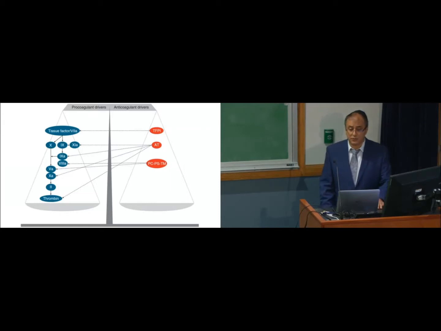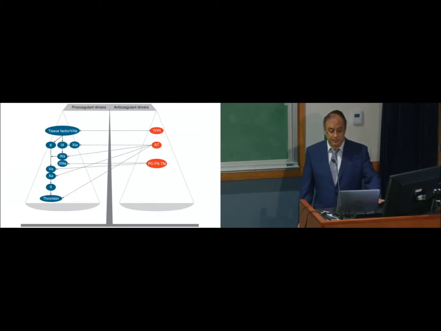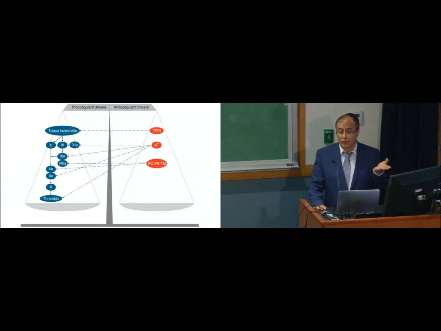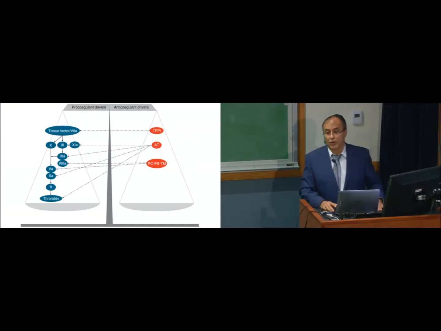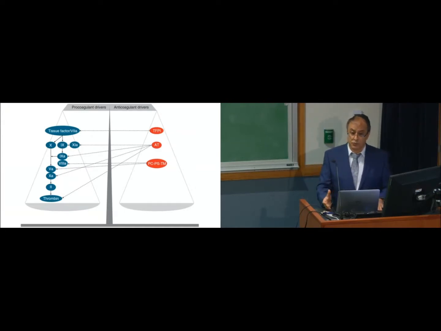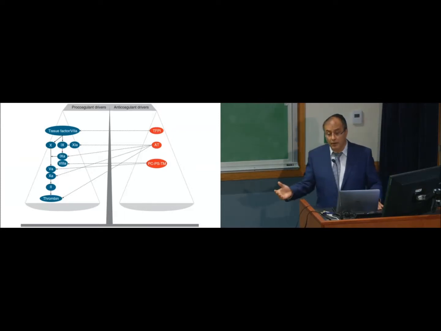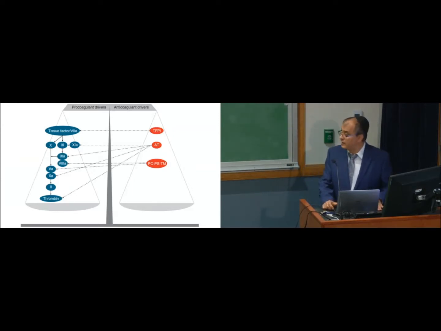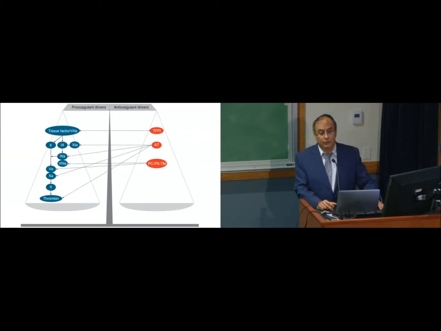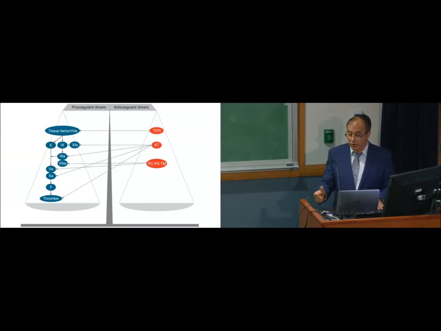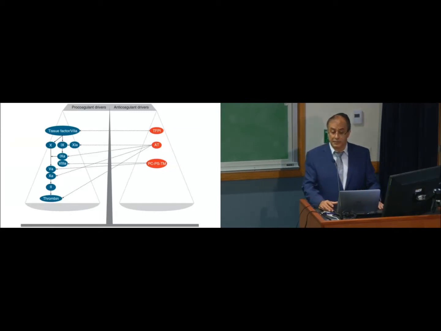To understand that, we need to look very carefully, and this is a pivotal point in this presentation, at the balance of pro- and anticoagulants. Excess of procoagulants would lead to hypercoagulability. Decrease in anticoagulant opposing forces would also lead to hypercoagulability. A decrease in procoagulants would cause hypocoagulability, and a comparable decrease in anticoagulants would balance it, would even it out. In fact, if anticoagulant drivers are low enough, the balance might tilt even towards hypercoagulability despite